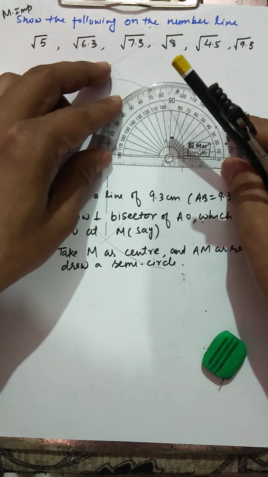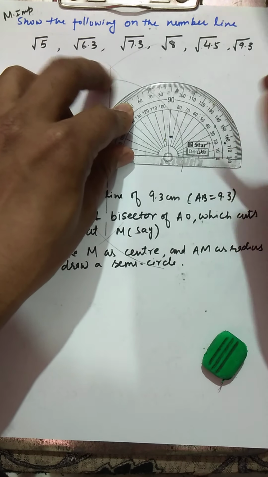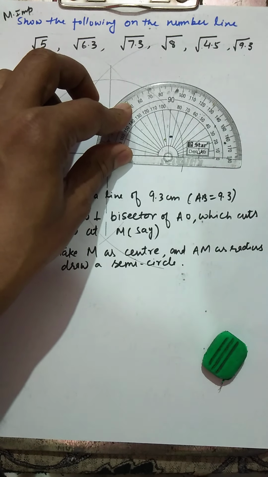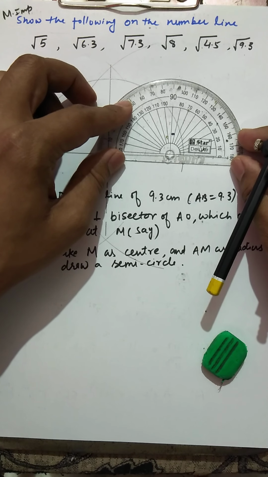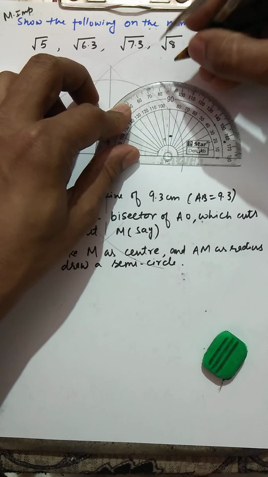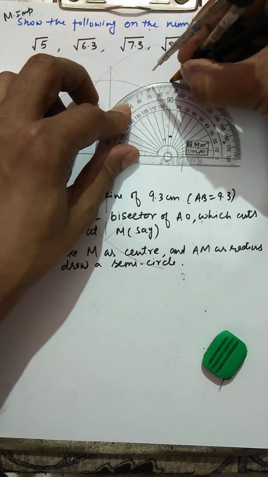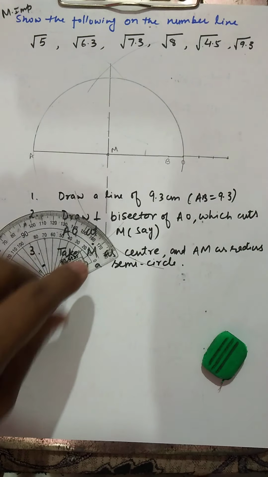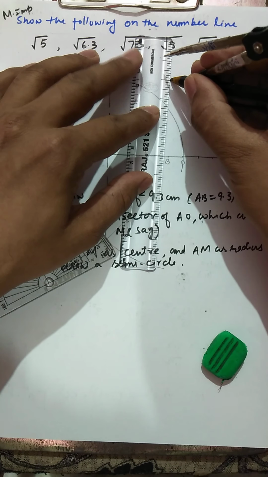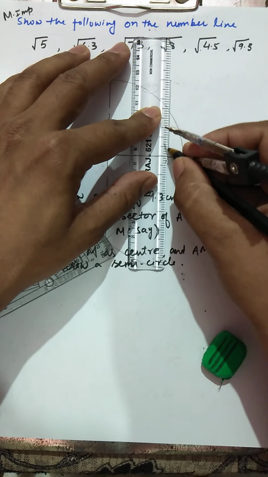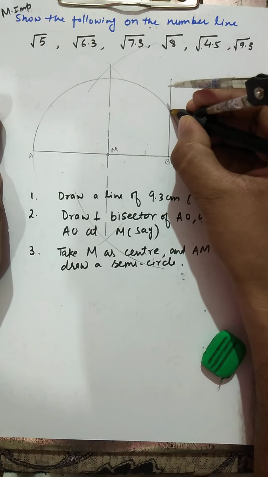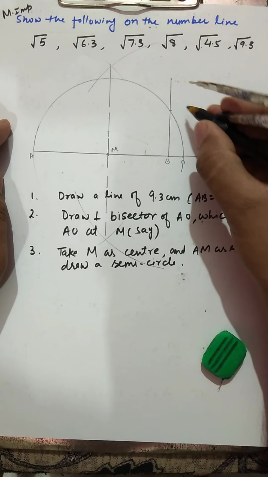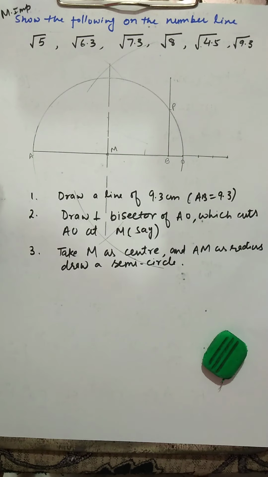So keep your D here, and you have to make sure that your line is just on that center point. So 90 is this point, you mark 90, and with the help of scale you may draw that 90-degree. So this perpendicular is meeting this semicircle at this point. Let's say this point is P. So our step number 4 is done up to this.